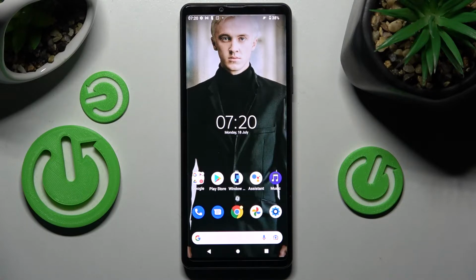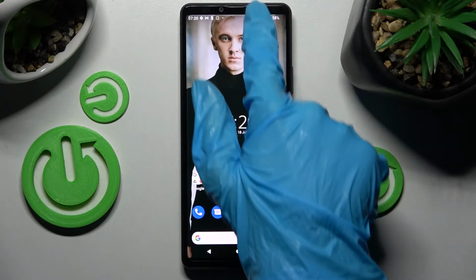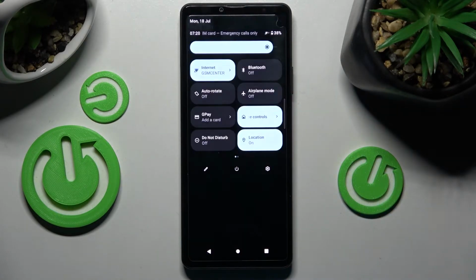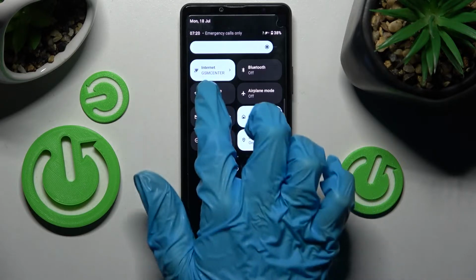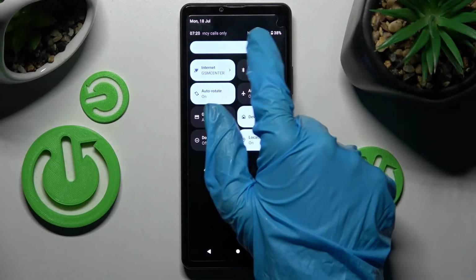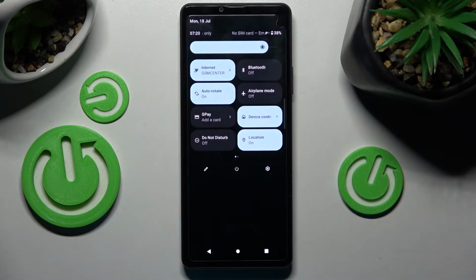Hey, in front of me is SONY Xperia 10 Mark IV, and today I would like to show you how you can turn on or off automatic screen rotation on this smartphone. Start by opening tab menu. Now you need to look for auto rotate icon, and when you find it, click on it. As you can see, automatic screen rotation is now on, but you can always turn it off by clicking on